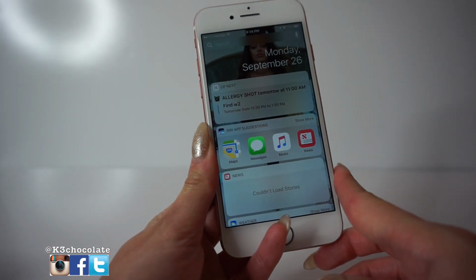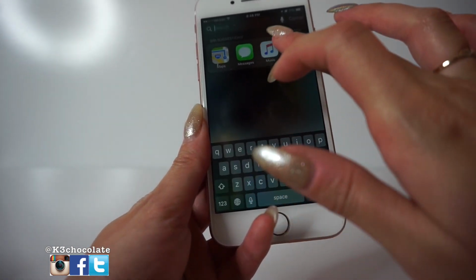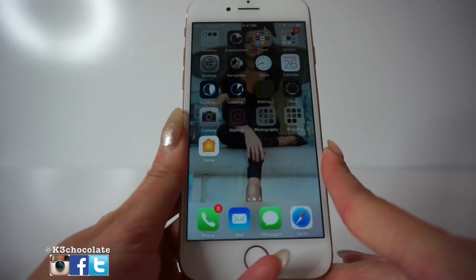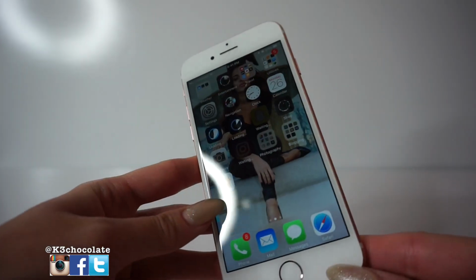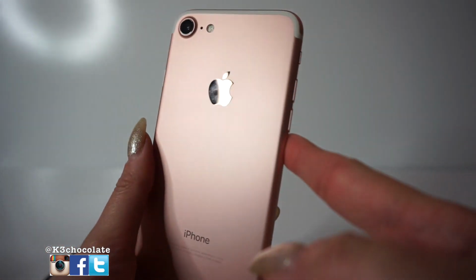So you can see even the reminders, the calendar, everything looks different in the new iOS 10. Like the notifications look different. The screen looks different as well. It's also supposed to be water resistant up to 12 feet underwater, which I don't advise to put it into water. I'm not going to, but it is supposed to be water resistant, not like the Samsung one, but better